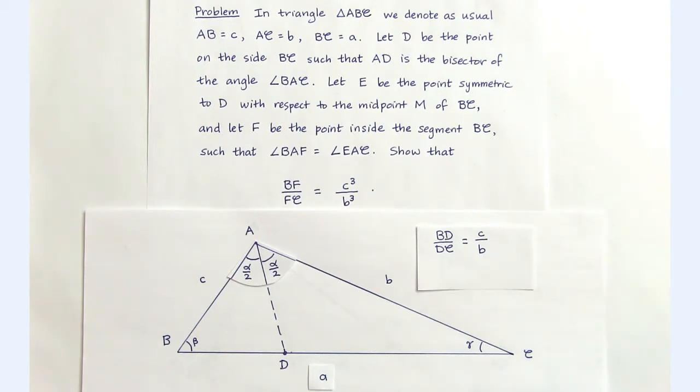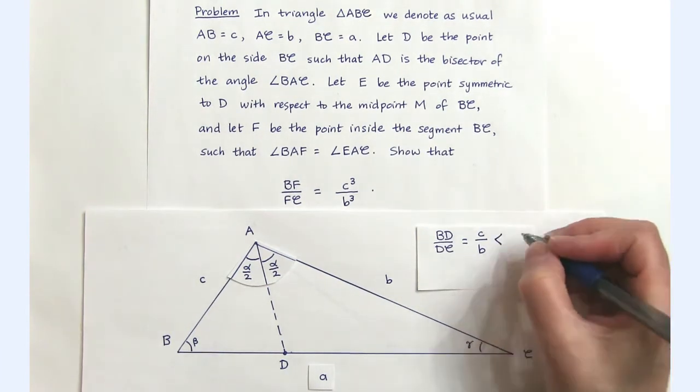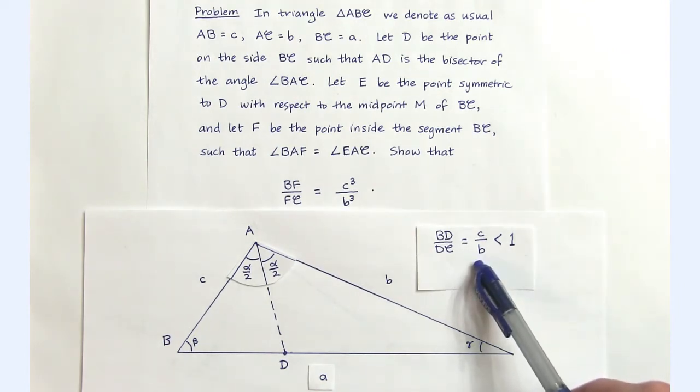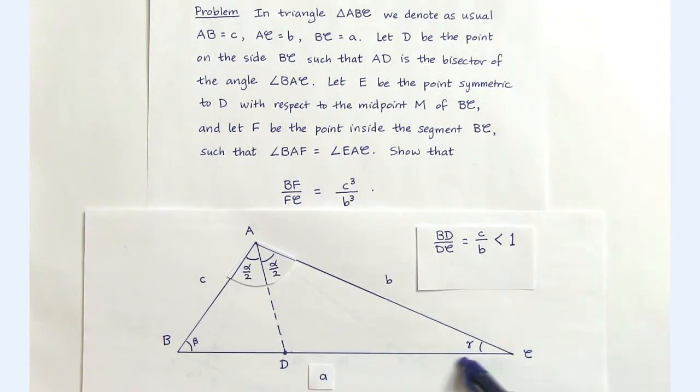And because c is opposite the smaller angle gamma, and b is opposite the larger angle beta, we know that c is the smaller of the two sides, c and b. So c over b is a ratio which is less than 1, like that. But then because c over b equals BD over DC,